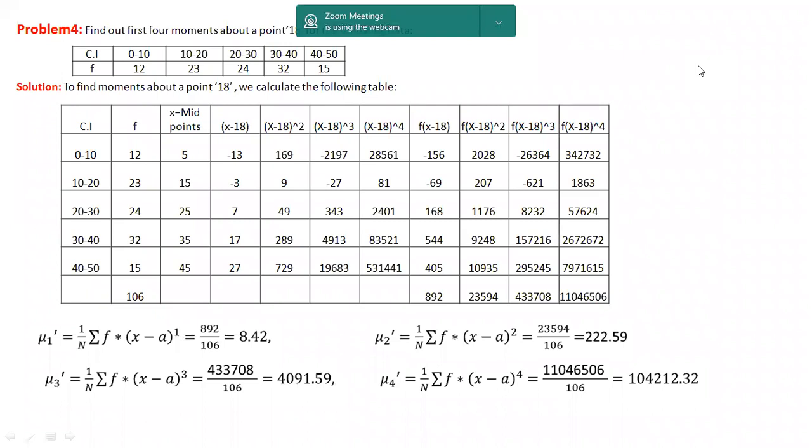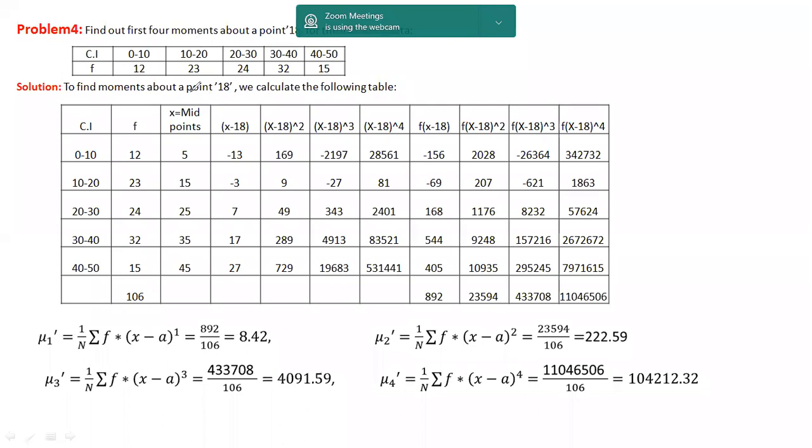So here is the first example. Find out the first four moments about the point 18 for the grouped data. Here the class interval is given: 0 to 10, the respective frequency is 12; 10 to 20, the respective frequency is 23. Like that a frequency table is provided, and they are asking you to calculate the first four raw moments about the